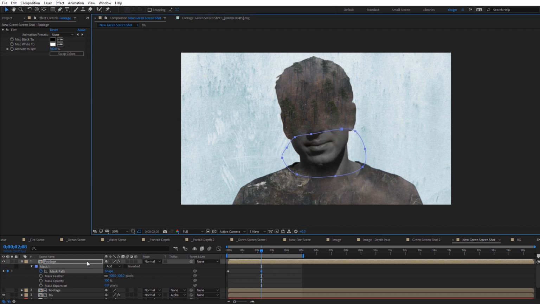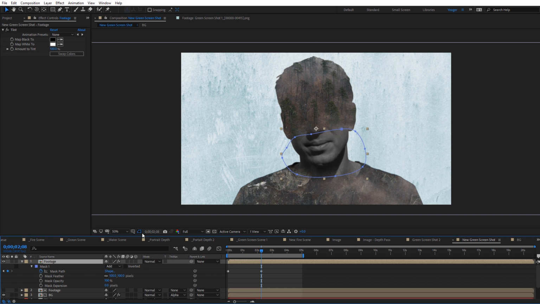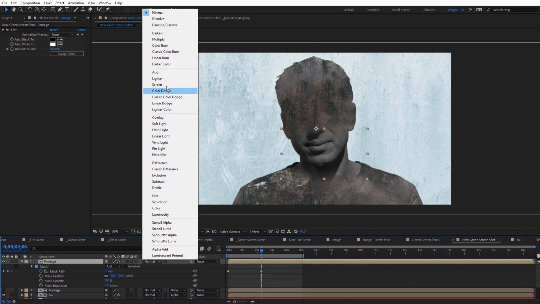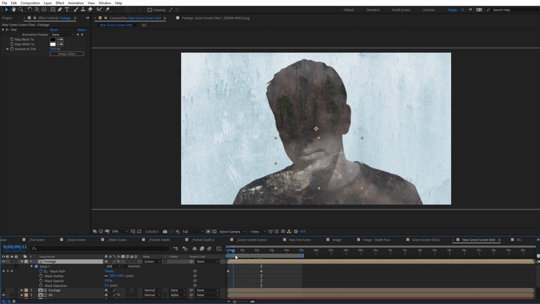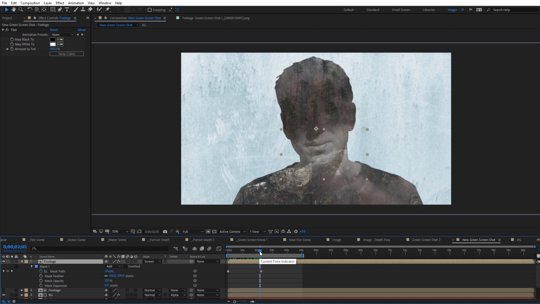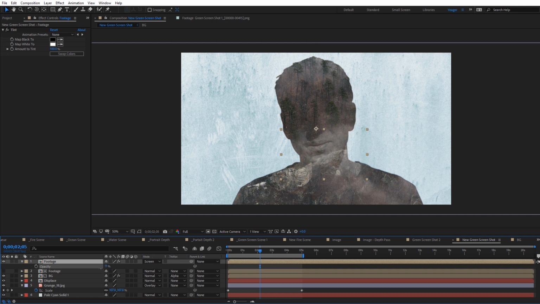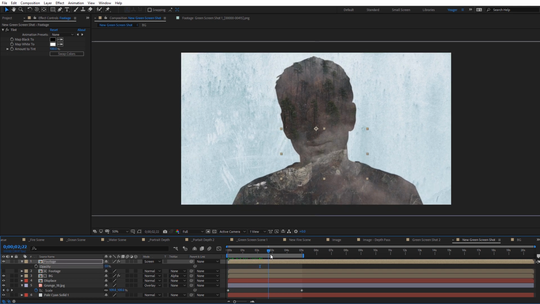And so what we can do with that layer is I'm going to select it and turn off the mask visibility here. And so what we can do is set this to be a screen blending mode. So now you can see how that overlays, and we can go ahead and track through this, see what that looks like. And if it's still a little too apparent, what I would do is come in here and hit T on the keyboard and adjust the opacity, bring that down just a little bit, just so we can see that it's overlaid on top of our footage.